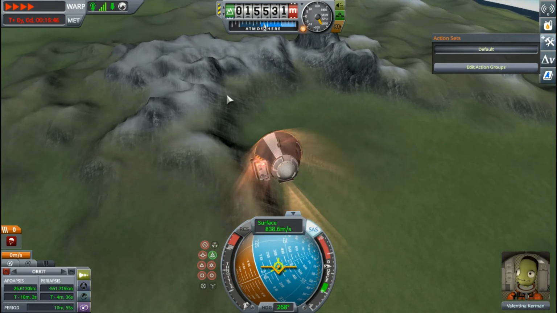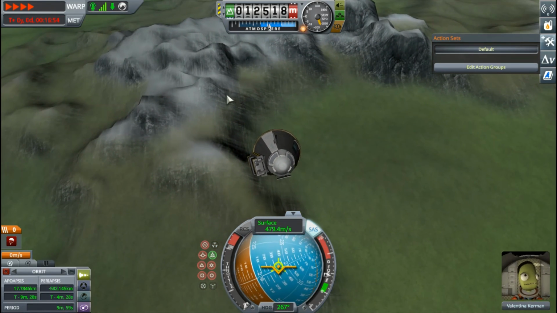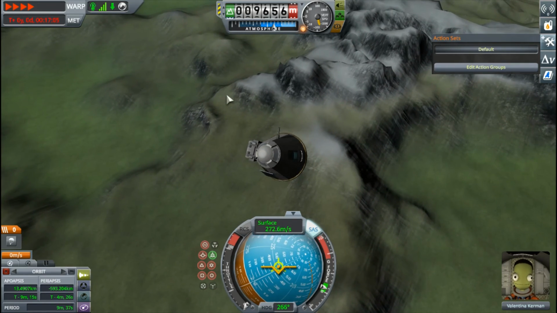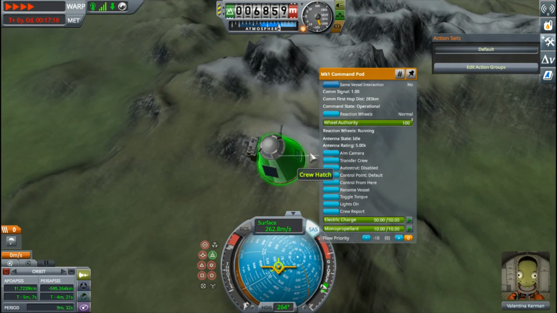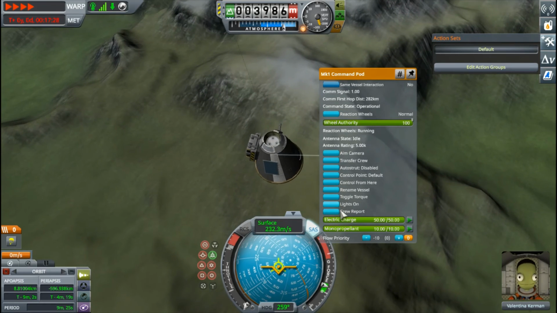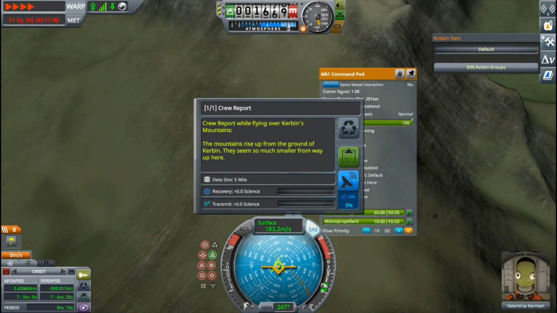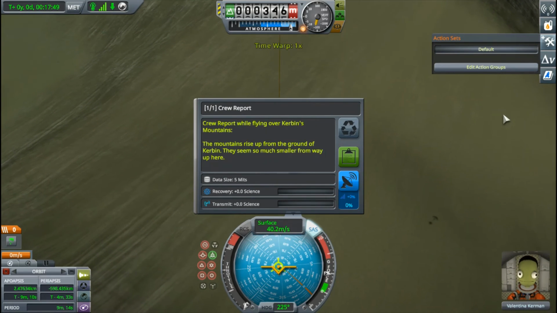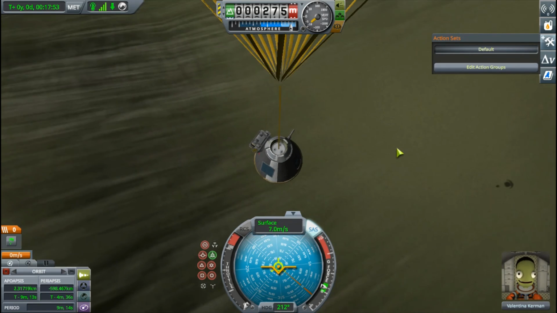As we are propelled through the atmosphere, we reach the mountain biome, where you can do science. But this is a sandbox mode, so we can't do science. But this is how to do science anyways. And we're getting very close to the surface. No. Okay, we are